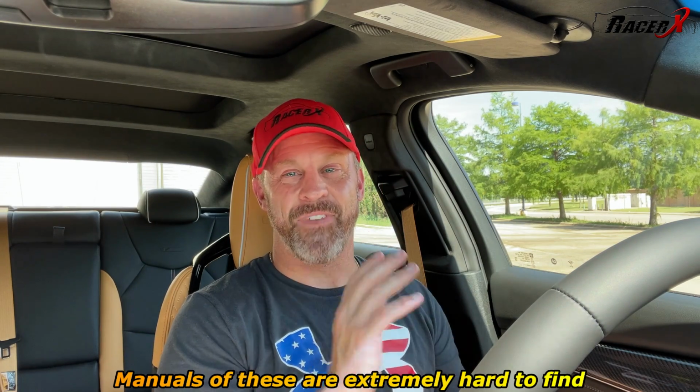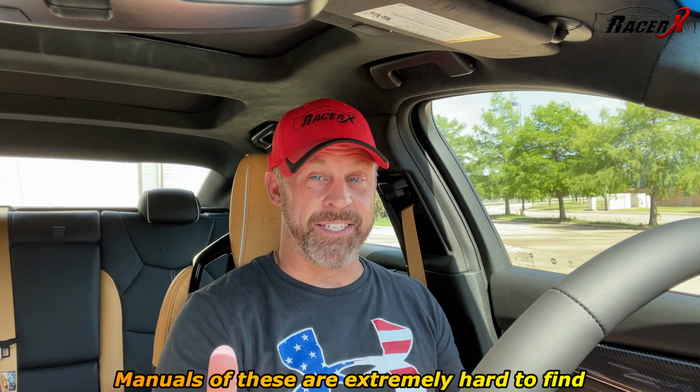This thing actually stickers right around $86,000, and that is actually for the manual. The 10-speed is like another $2,300 or something like that, but it is a really nice thing to have. The fact that they make this thing in a manual is just crazy to me. I think that is very, very cool. And as I've told you guys in the past, I love a well-sorted manual car. But this thing will go over 200 miles an hour in all of this luxury,